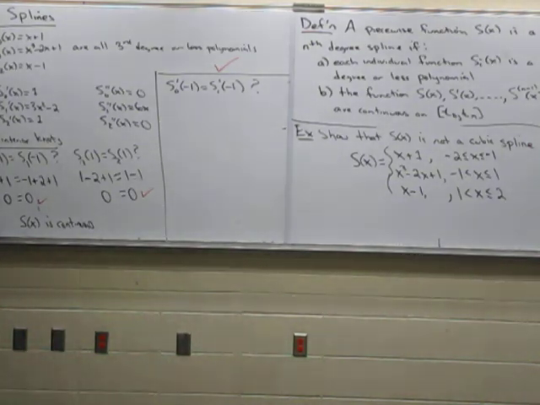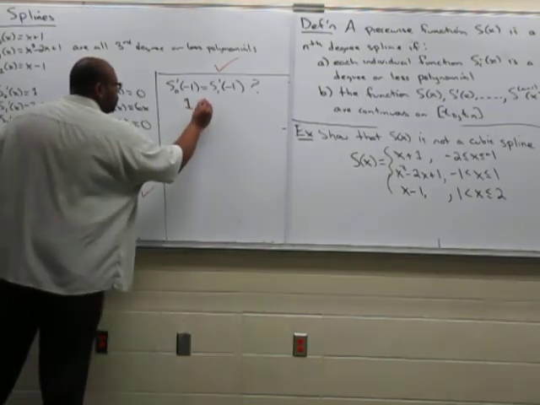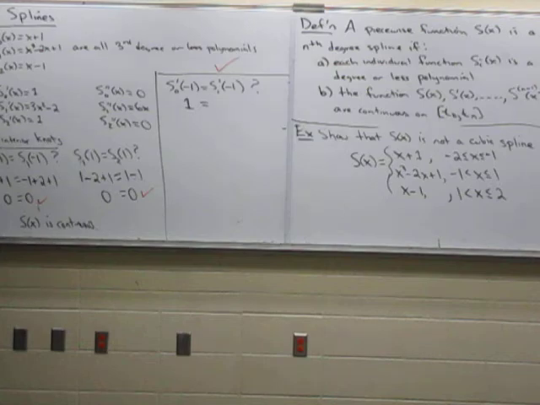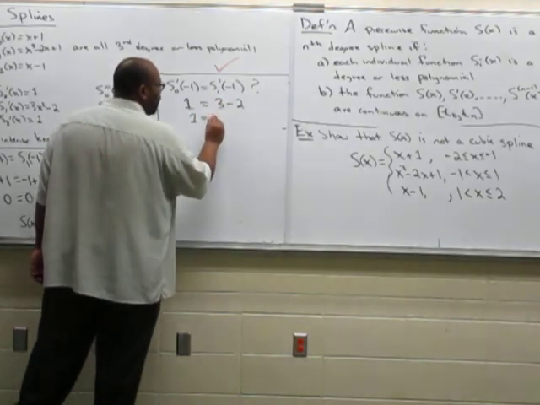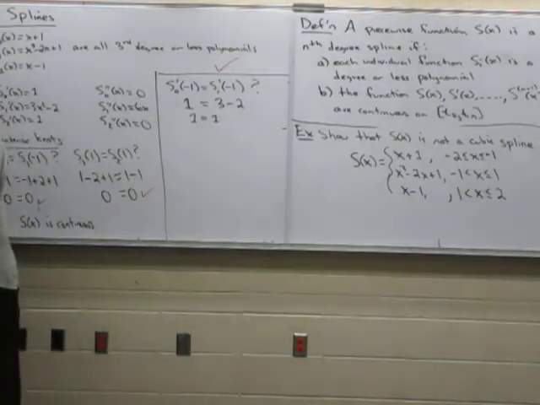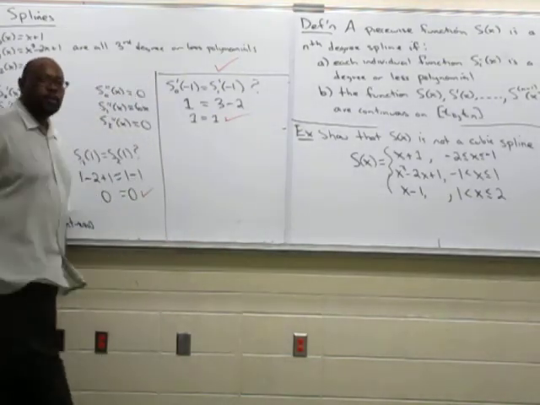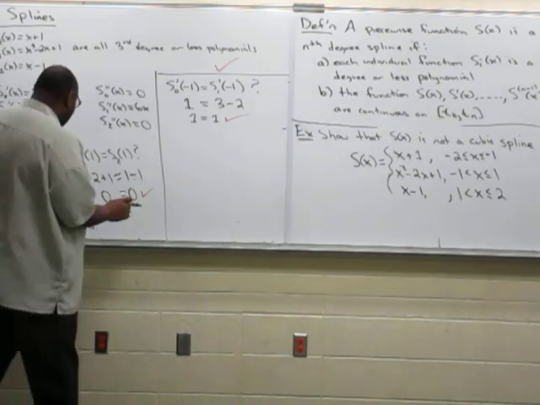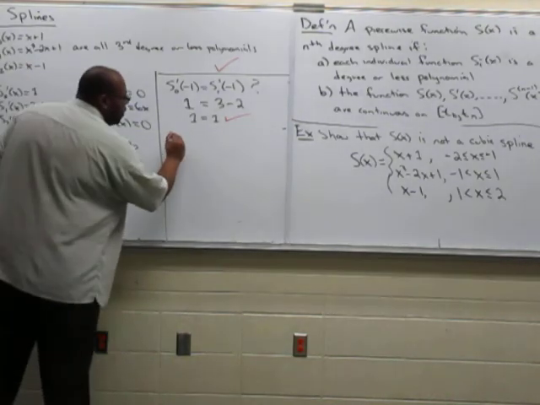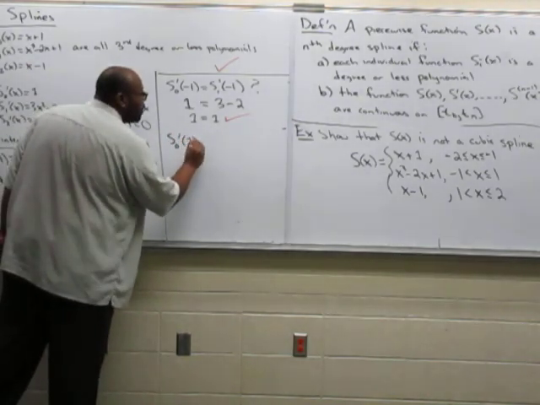Just like we did here, now we're doing it for the derivative. -1 into s0 prime is going to be 1. -1 into s1 prime gives me 3 minus 2. So I get 1 equals 1. That checks out. Good to go. Let's try the other one, at 1. So s0 prime at 1, does that